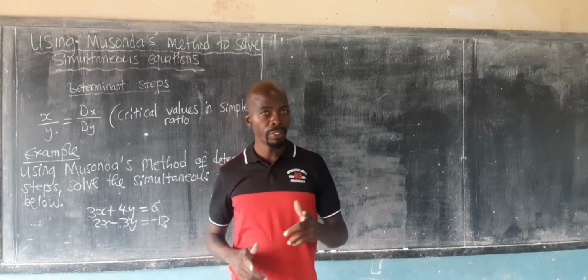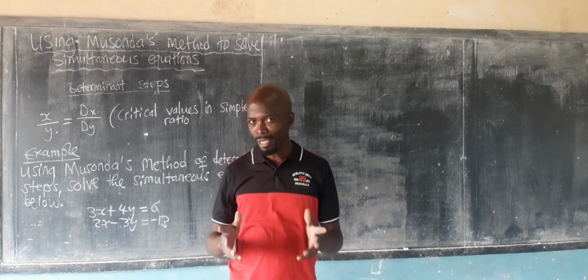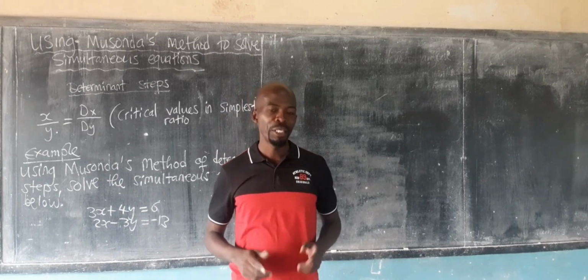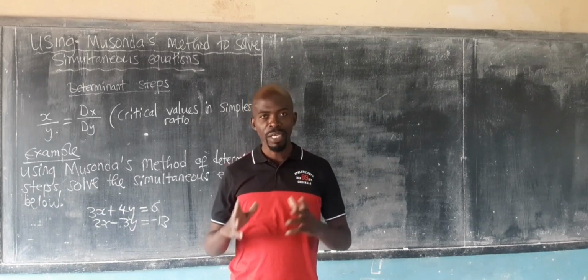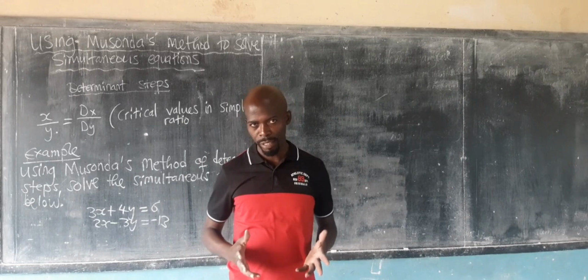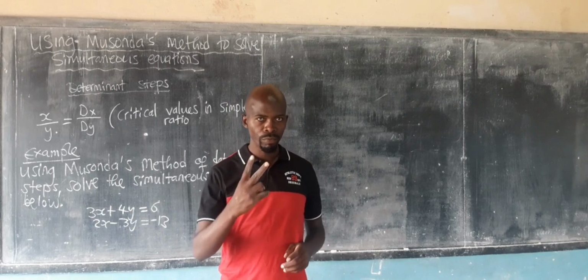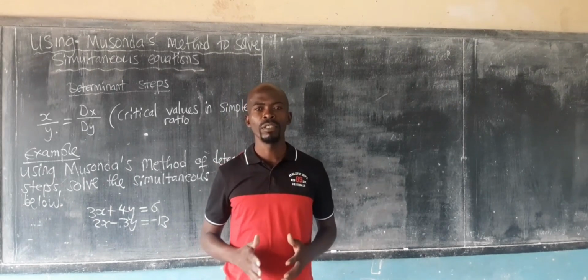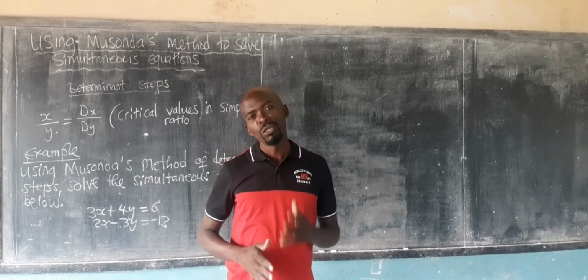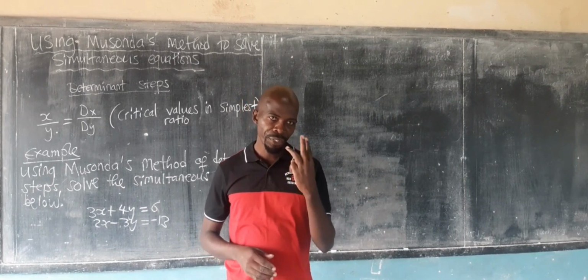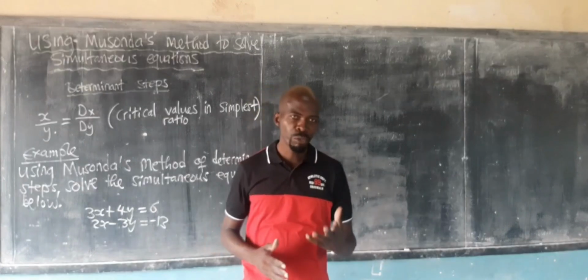In the year 1750, a man by the name of Gabriel Cramer, a mathematician, discovered a method of solving simultaneous equations in 2 and 3 variables using determinants. He discovered that a simultaneous equation in 2 variables can actually be solved using 3 determinants. He also discovered that solving a simultaneous equation in 3 variables required the use of 4 determinants, which was quite